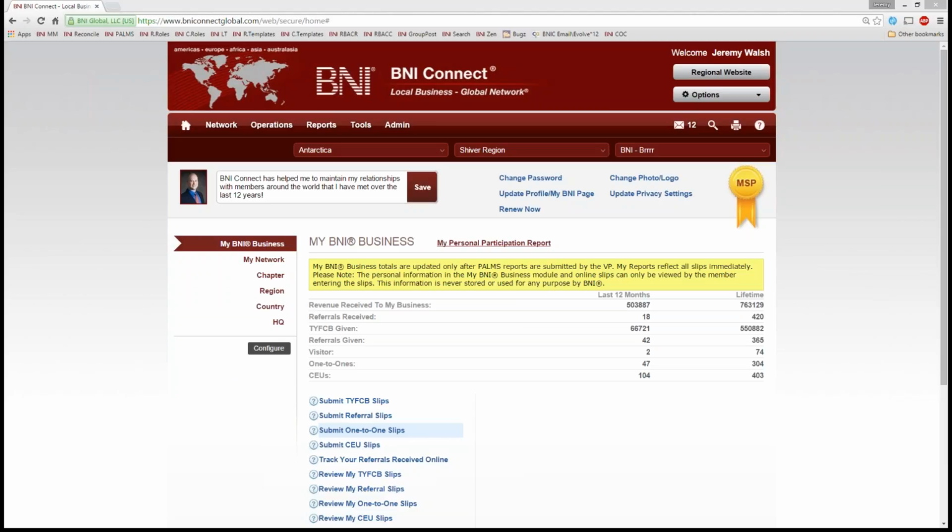Excellent. Now, you also had another question that you popped in. It says, my inbox indicates 12 messages. Do these emails automatically get forwarded to your actual email, or do they solely reside in BNI Connect? So now you're talking about the messages up here, this internal messaging system. These messages by default will stay internal. However, you can get a copy forwarded to your regular email address, and you do that by going into your profile. So you click on Update Profile, or you can go to Options, My Account,